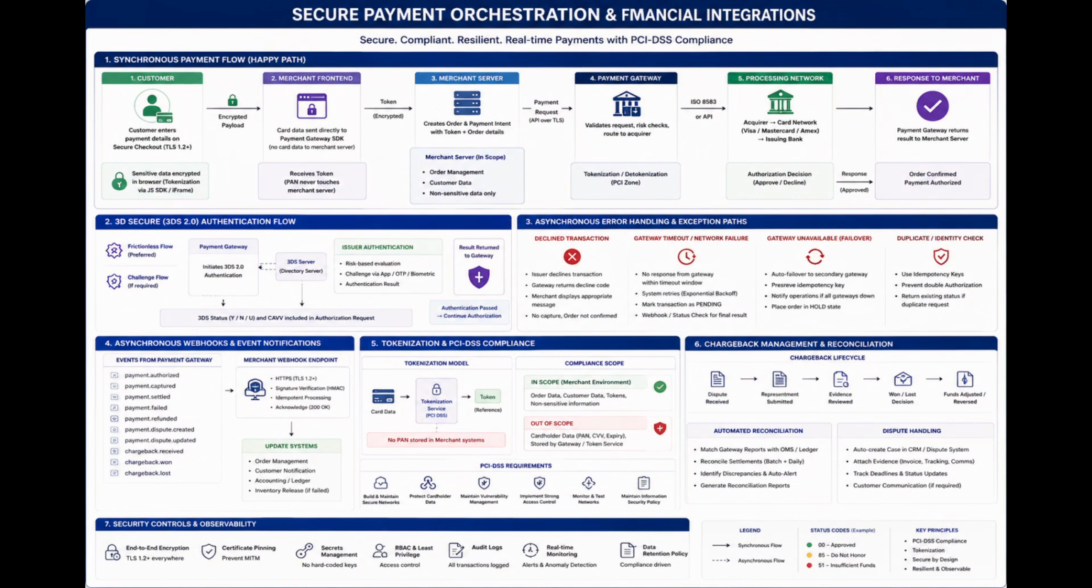Next is the secure orchestration of payment gateways and financial integrations, an area where data security compliance and strict API interactions are absolutely non-negotiable for a project's success. BAs must map the synchronous data flow between the merchant server, the payment gateway API, and the processing banking network to ensure secure tokenization, which keeps sensitive credit card data from ever touching your internal databases and maintains strict PCI-DSS